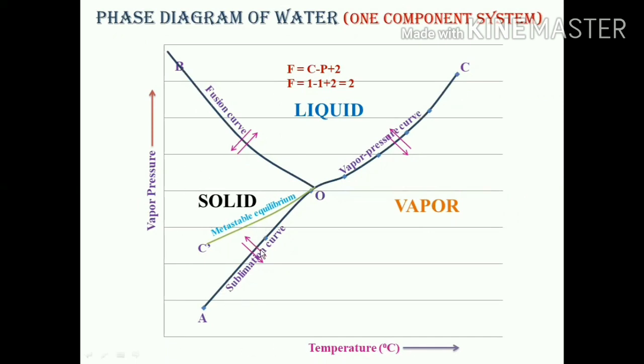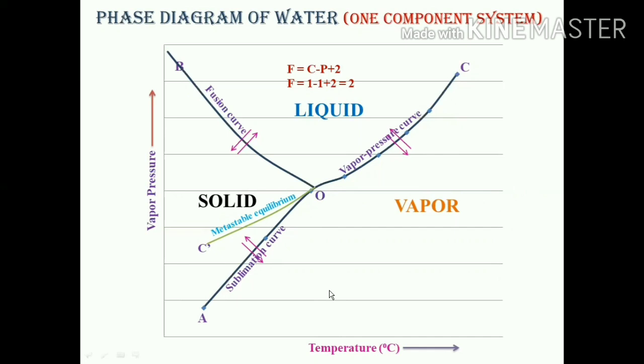So what phase, what condition, and what are the actual number of phases existing at a particular point? It depends on the temperature and vapor pressure. So if we know the temperature and vapor pressure value of a particular system, we can definitely predict from this phase diagram what the phase of water is at that particular value of temperature and pressure. Or let's say, what are the different phases that might be coexisting at that value of temperature and pressure.